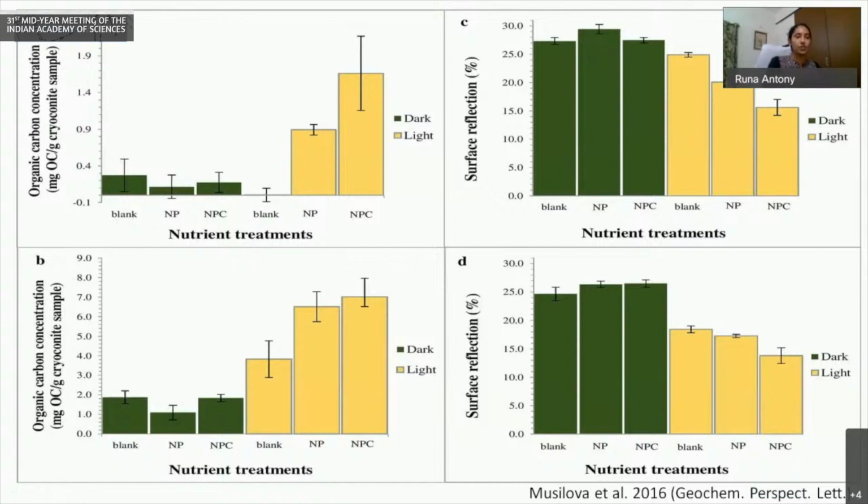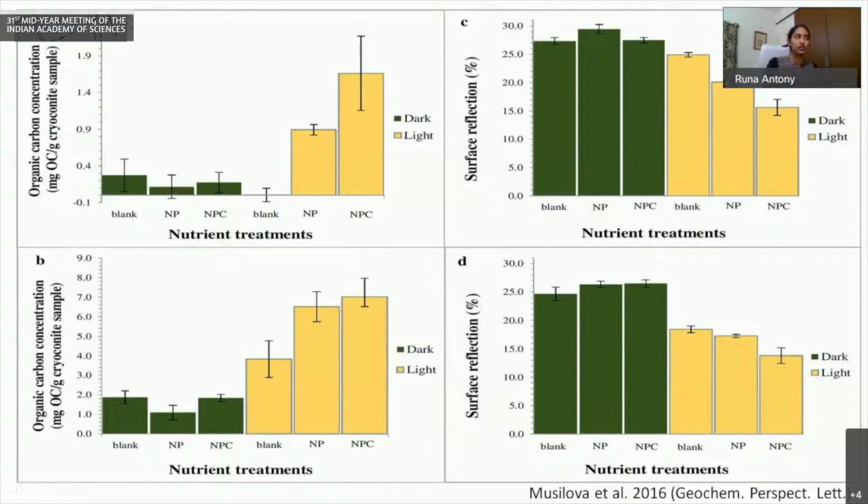So figure A shows the organic carbon accumulated over one simulated summer season, and B shows organic carbon accumulated over 3 simulated summer seasons. And as you can see, the light samples, the yellow, accumulated significantly more organic carbon compared to dark samples. And correspondingly, surface reflection after one simulated summer season, that is C, and after 3 simulated summer seasons, that is D,